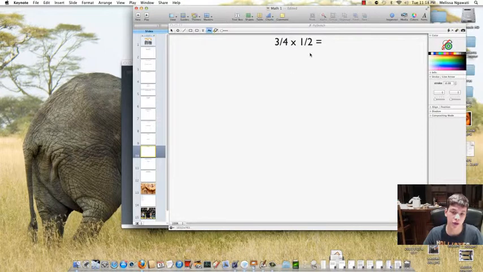3/4 times 2/2. 3/4 times 1/2. The simplest way is just to multiply the numerator and the denominator. But we can use counters. Then we want to think that